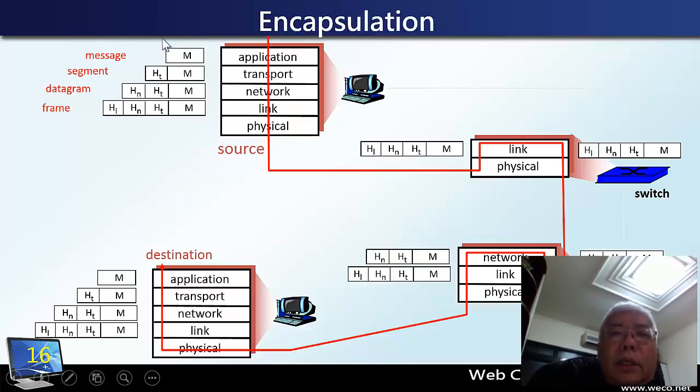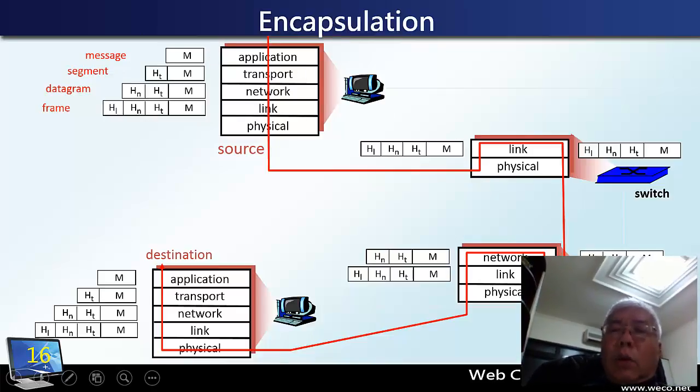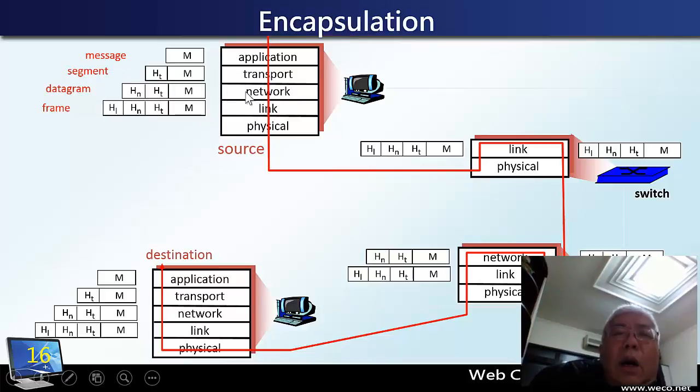Then your browser will send out an HTTP message, but not directly to the other computer. It goes downward to your operating system. Then your transport layer, TCP, will add a header and make it a TCP segment. Then one layer down, also in the operating system, your IP layer will add